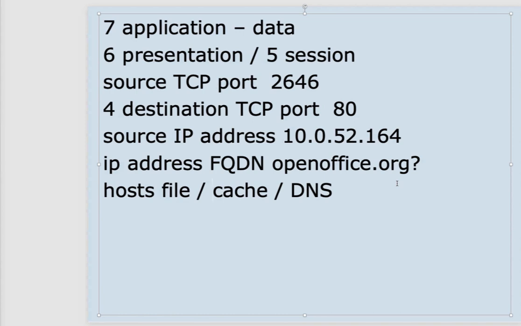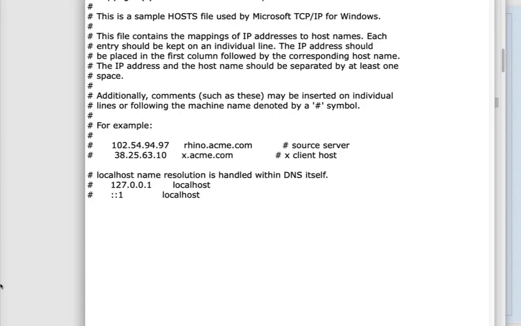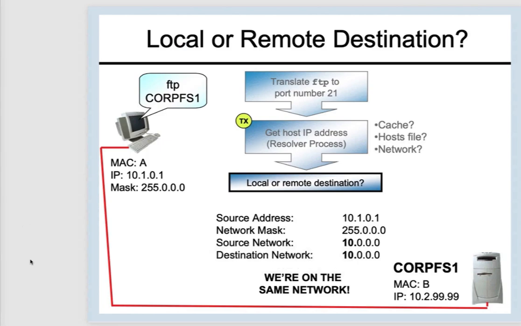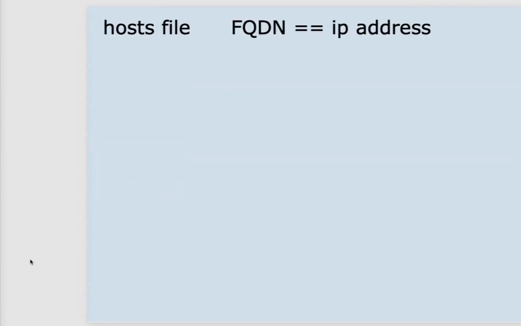Let's take an example and look in a cache and see what might be there. Well, actually, first let's take a look at the hosts file. Again, remember that there is a local hosts file, and we may already have hard-coded associations between a fully qualified domain name and an IP address. In this example, we can see, however, from the pound signs that those lines are all commented out. There were no locally assigned mappings.